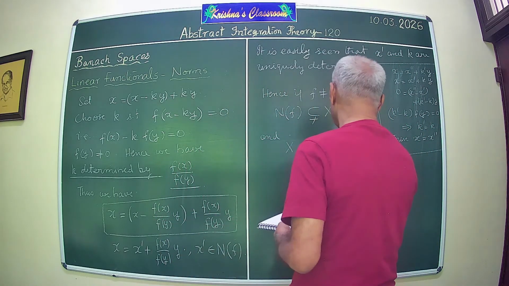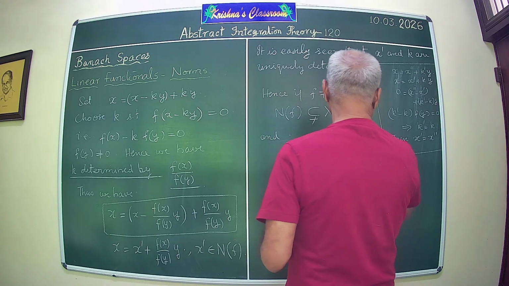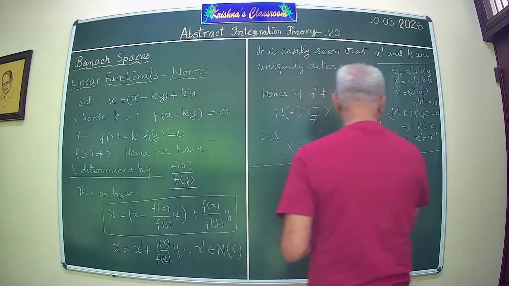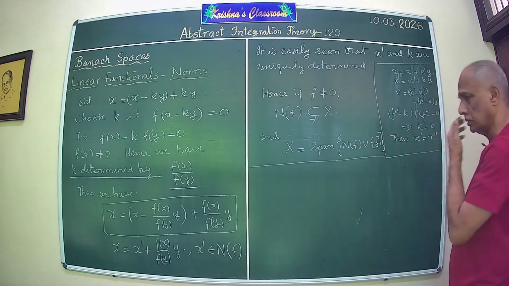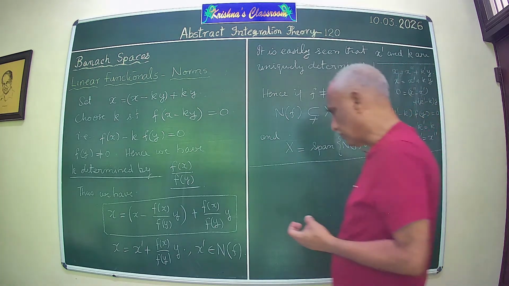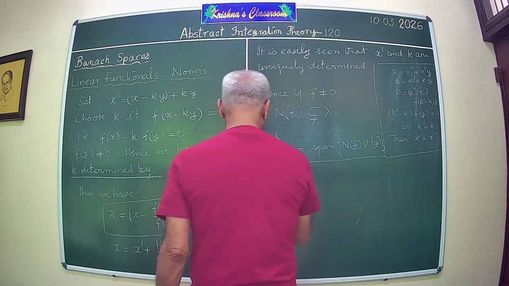So any x can be written as a uniquely determined element and a scalar multiple. Both the scalar and the element in NF are uniquely determined. So the question is,